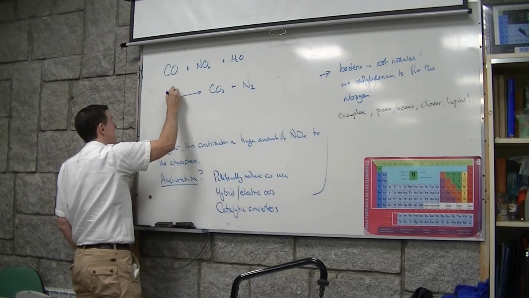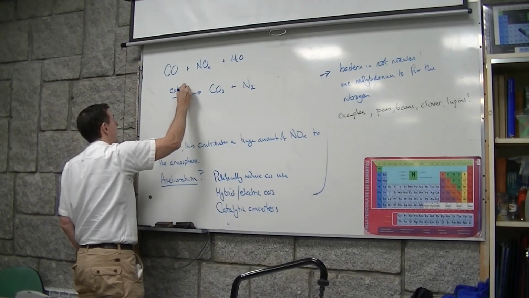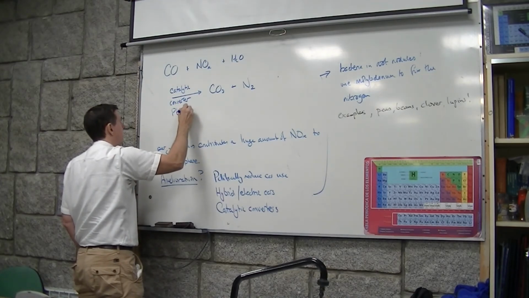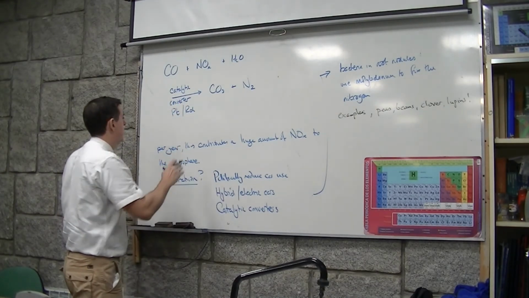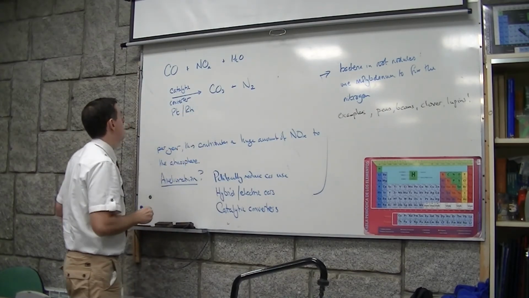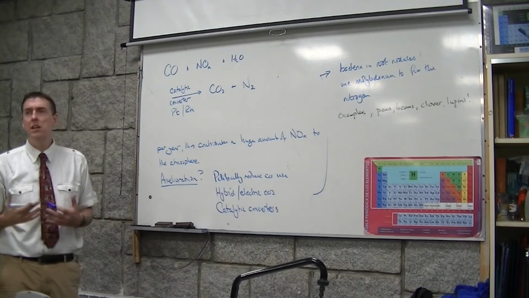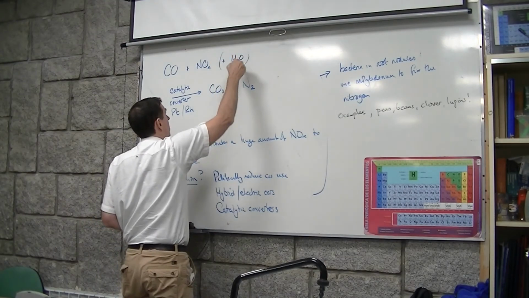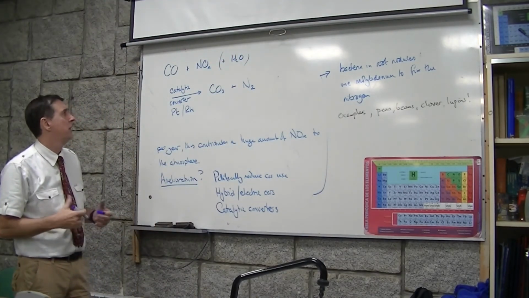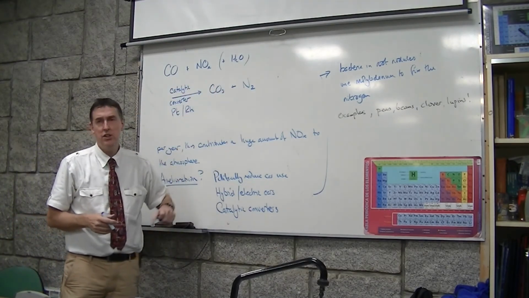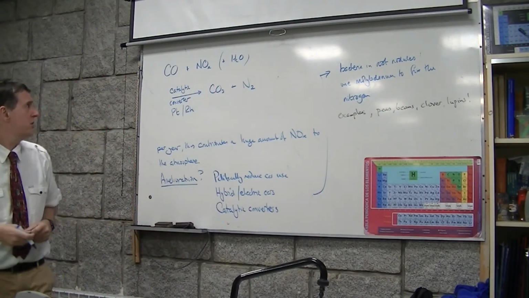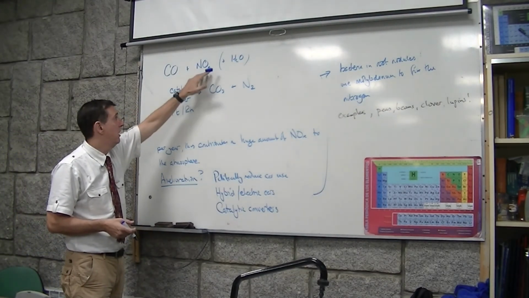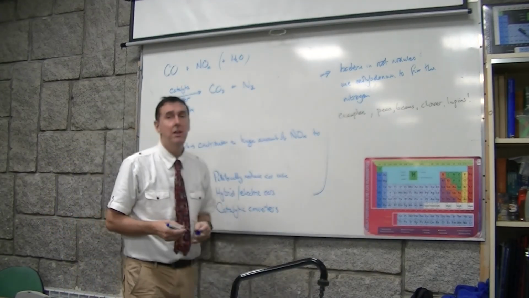So this is a catalytic converter. Usually platinum, rhodium. Sorry, RH, rhodium, not RD. Platinum, rhodium. Transition metal catalyst. There are other types as well. This is just one example, there isn't one particular equation here, there are lots of different equations. This is just an example of what goes in: carbon monoxide, nitrogen oxides, and what comes out: carbon dioxide and nitrogen.